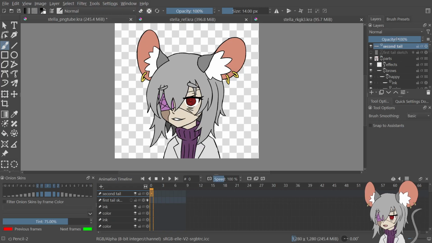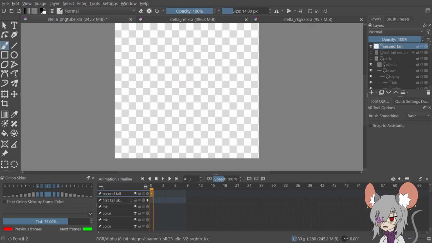No, wait. It was here. But I guess it doesn't really matter how high it is since I can move it. So yeah, full tail, good, but